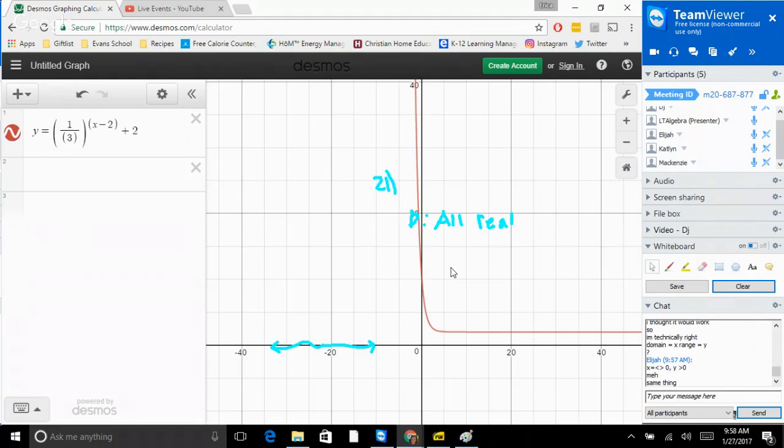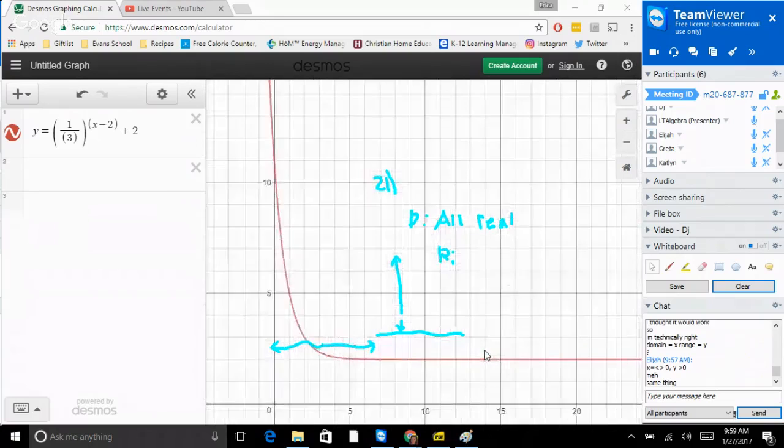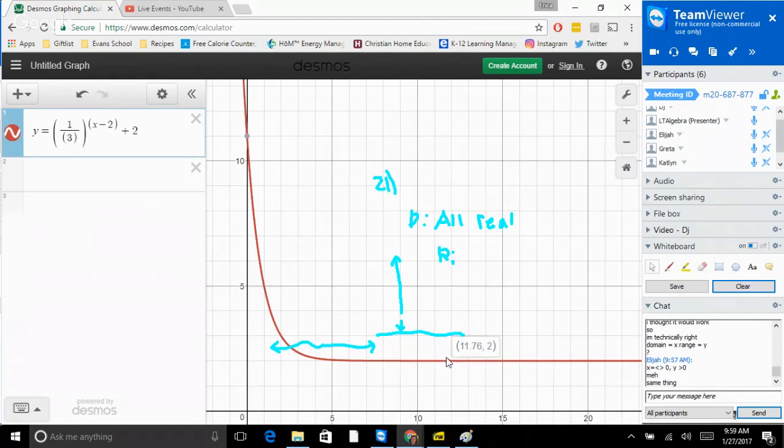So now we have to talk about the range. The range is what y values. This one actually does have something going on, because when we look at y, this way it can go up forever. But when we get here, it looks like we have an asymptote where it flattens off and can never get to that value. Let's do some scrolling in here to see. This is going to get closer and closer to 2. So my range is going to be that y has to be greater than